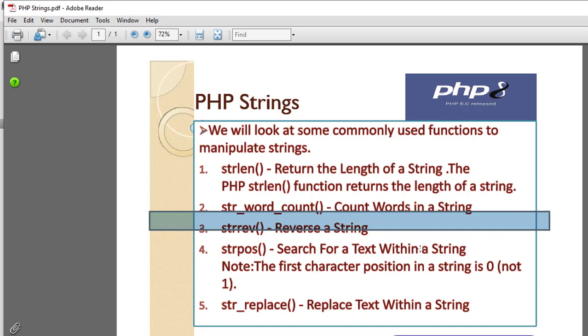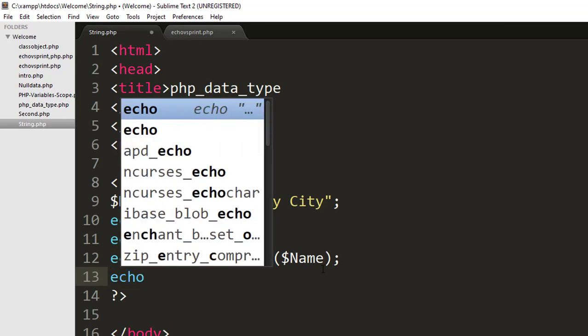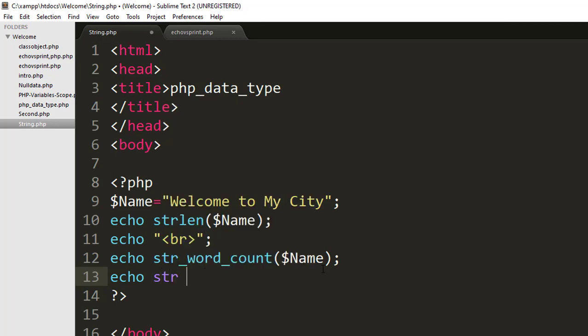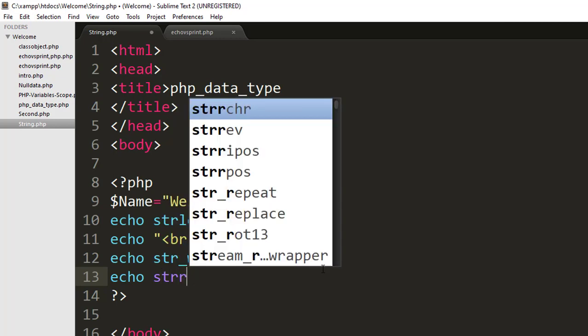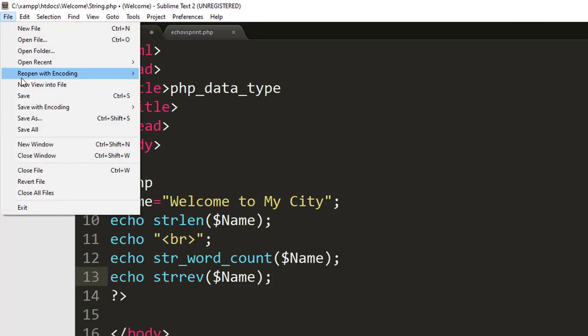Next we'll discuss strrev, which we use to reverse the string. Typing the same string here, I have to reverse it. So echo strrev with $name, and print here. Save and run. The output is "ytic ym ot emoclew", so it reverses the string.